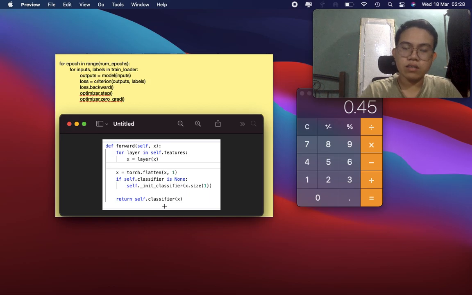This classifier converts it to the logits, or the raw prediction values, and the loss function will perform, taking the difference between the true value versus the prediction value, how far it is from the true value or the labels. It will perform the backpropagation, calculating gradients of the parameters, and the optimizer will update the weights towards the local minima, the loss function minima.